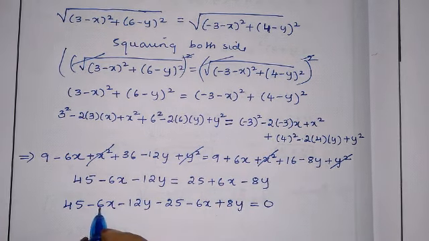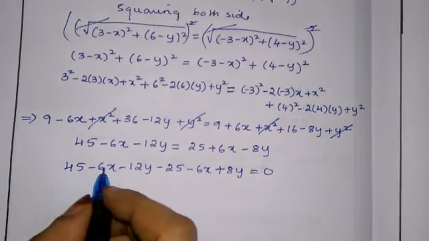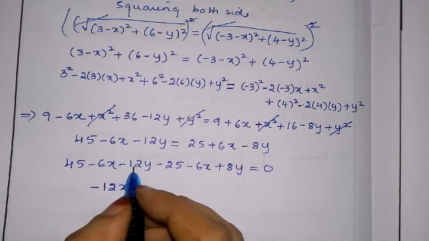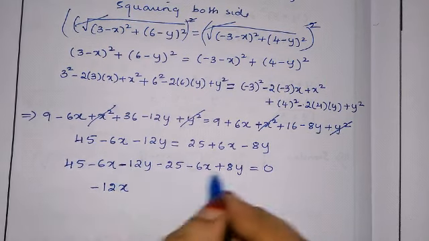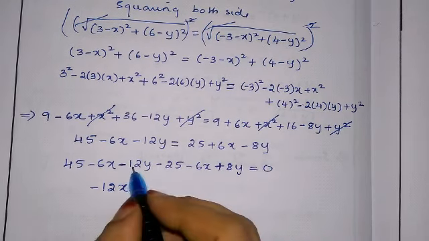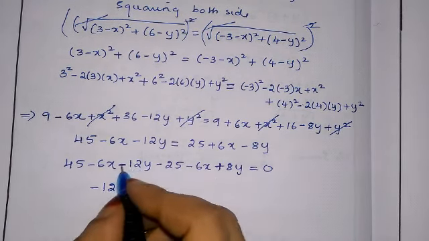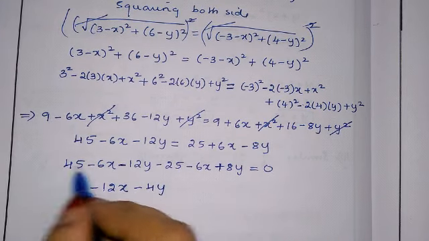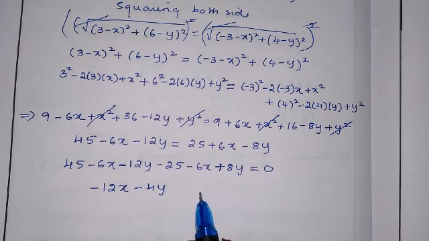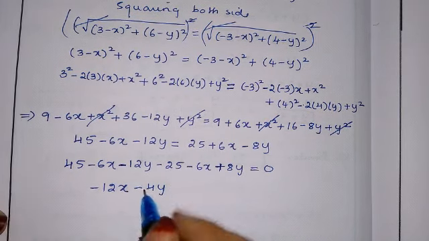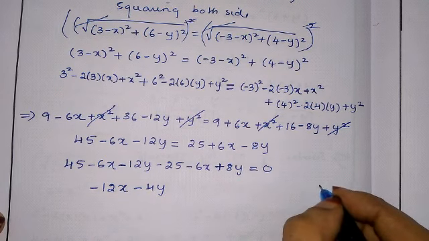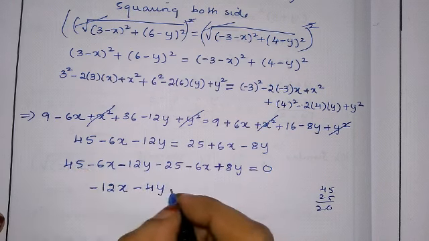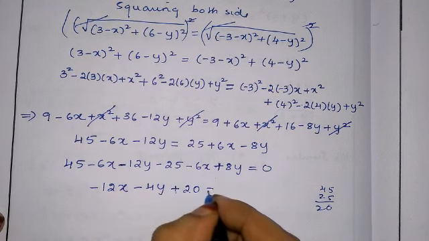Okay, now first term we have to write always x term. So minus 6 minus 6 minus 12x. Then y: 12y, 1 minus 1 plus. What we have to do? Minus. 12 minus 8 is 4. Greater sign is minus, minus 4y. Now minus 45 minus 25 we have to do. 45 minus 25 is 20 I guess, but still I will do 45 minus 25, 0, 20. So greater sign is plus. Plus 20 equal to 0.